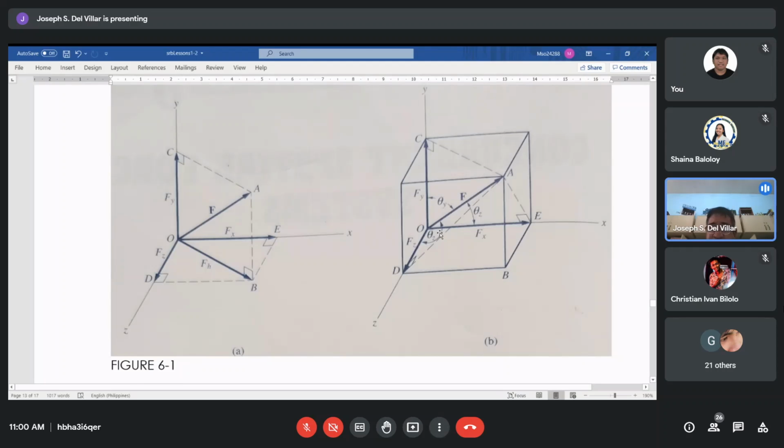Now, since this side, itong OE, is adjacent to theta sub x, then therefore,